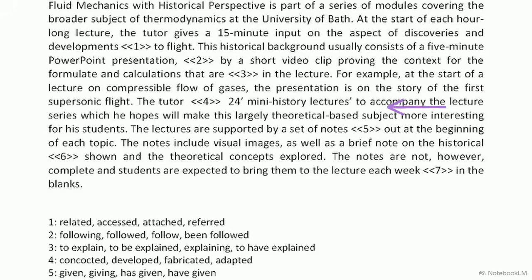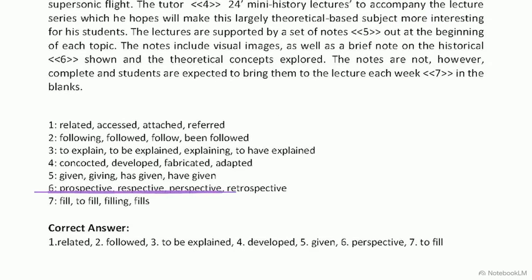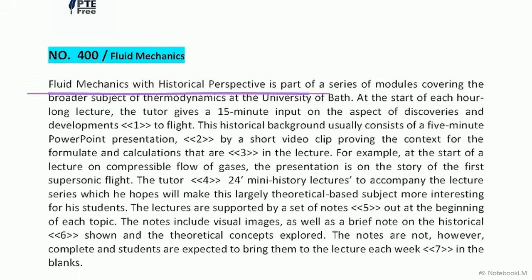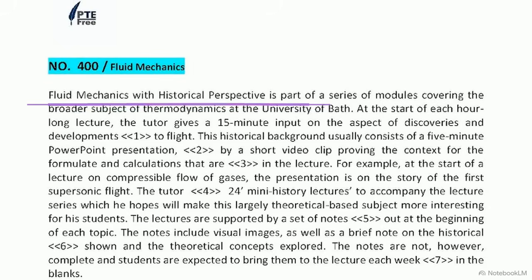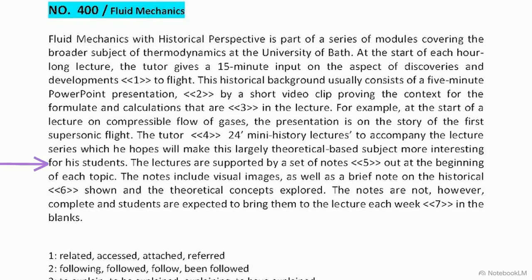Blank 5 follows the same passive reduction rule we saw earlier. The notes are the objects being handed out by the tutor, making the word given the only logical choice. For blank 6, look back at the full title of the module at the top of the page. The phrase historical perspective is used there, and that same pairing is required again here to maintain the thematic consistency